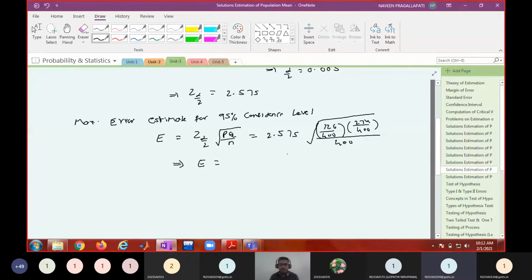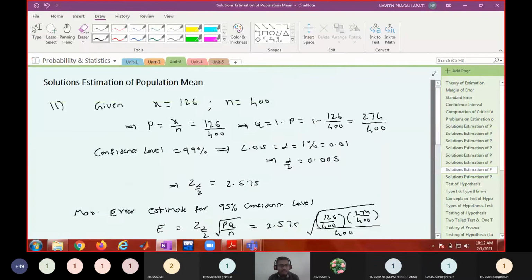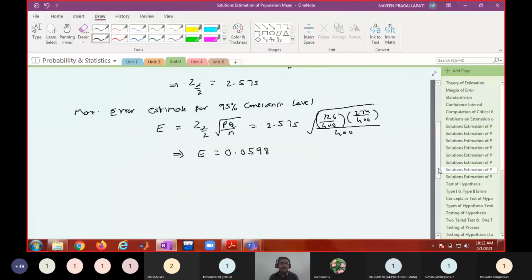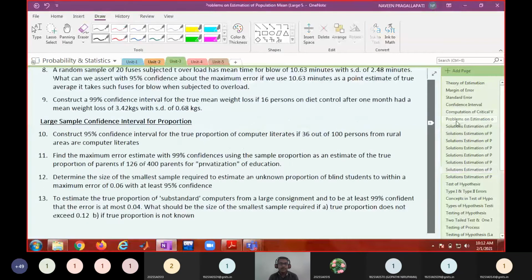Point 0598. 0.0598. Okay. So that's it. It is just an application of a simple formula. Shall I proceed? Yes. So next one,